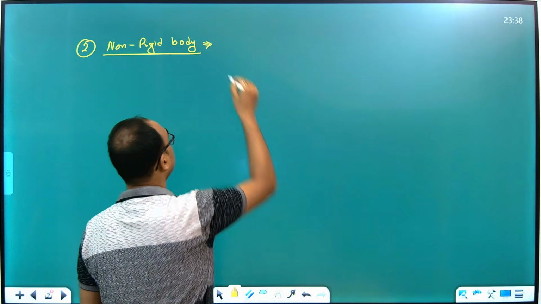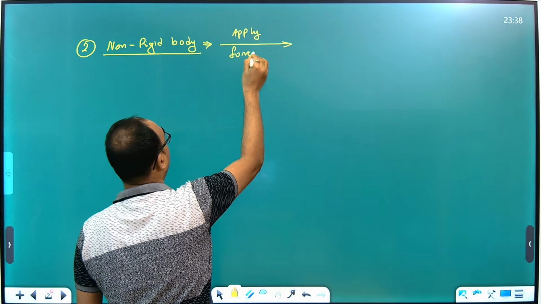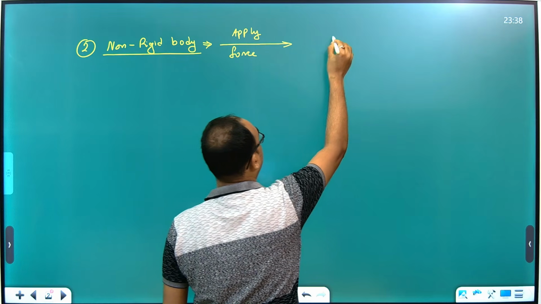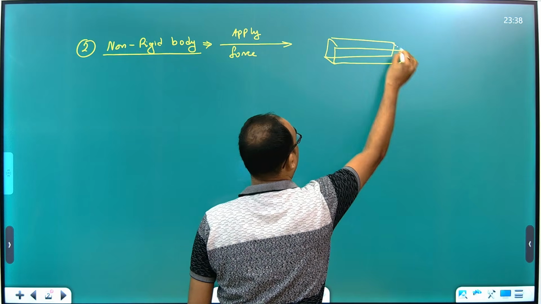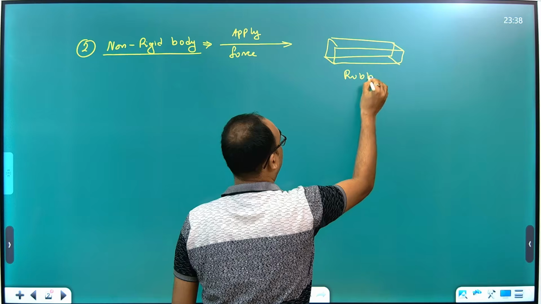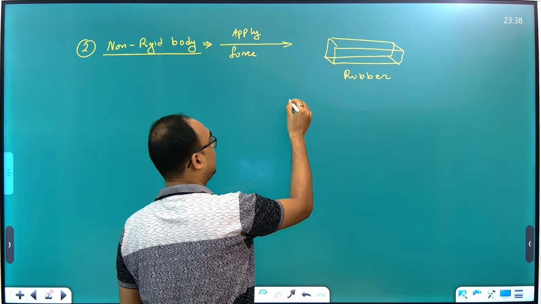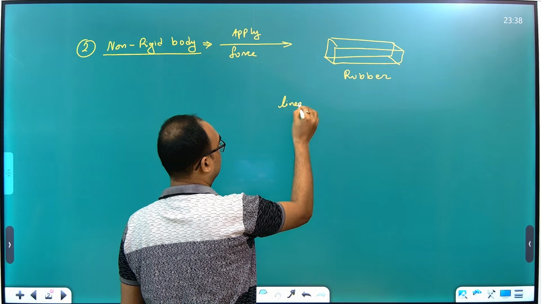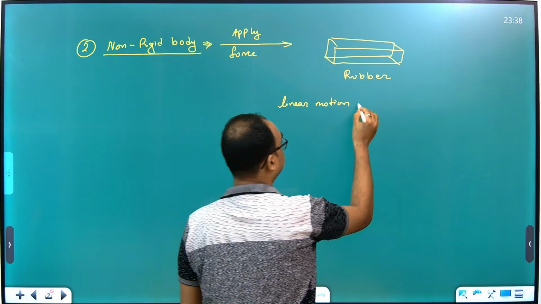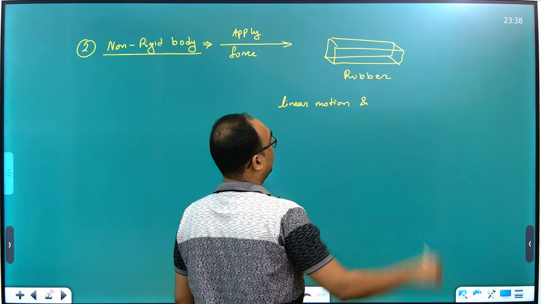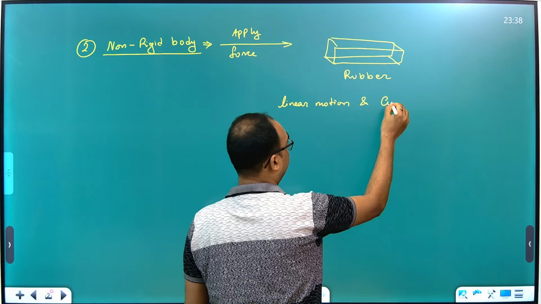So when you apply force on a non-rigid body, like a rubber, which is a non-rigid body, what kind of motions can happen? Well, it will have linear motion, and also it can have curvilinear motion,